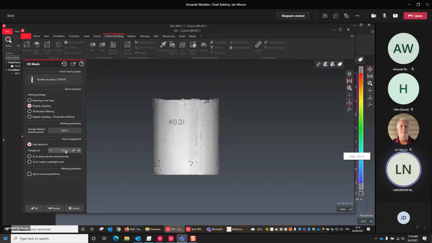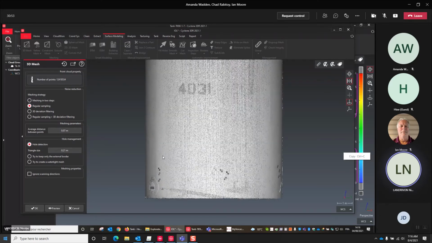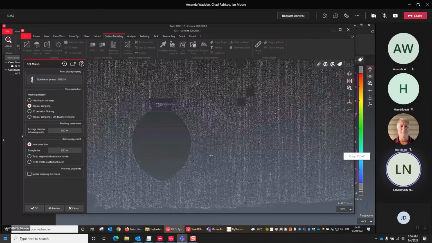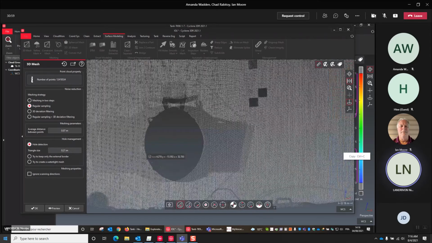By default, it's 3 times the value indicated in the sampling distance. It means that if there is a hole, let's focus on this big hole. For instance, if you make a quick measurement and take a point here, the horizontal distance is 64 centimeters. So it means that this hole will not be filled. Probably this one.